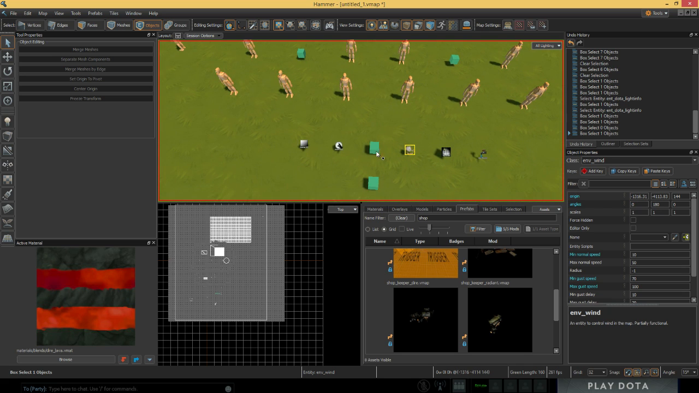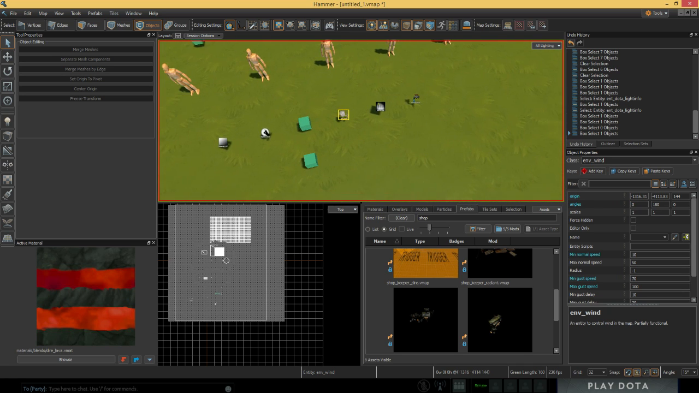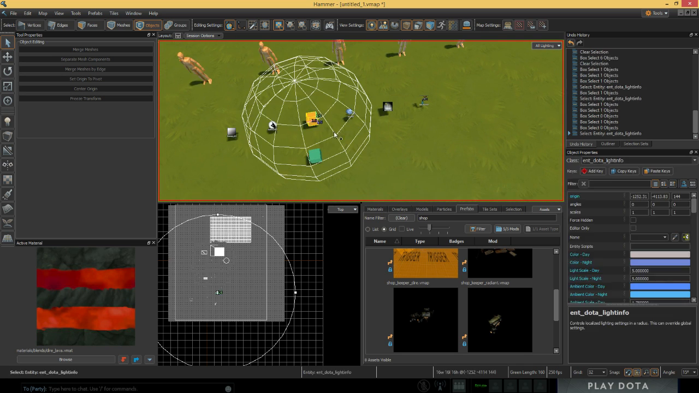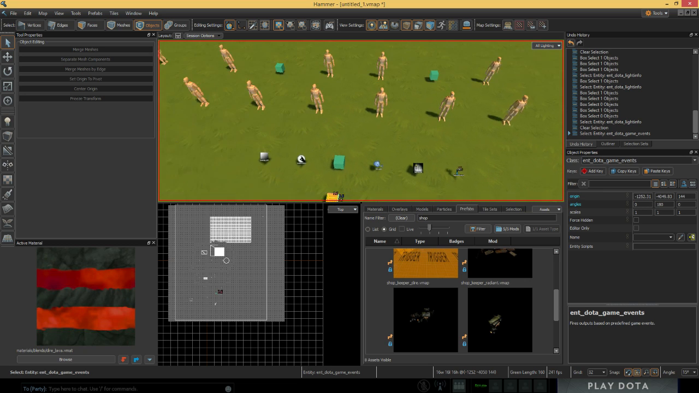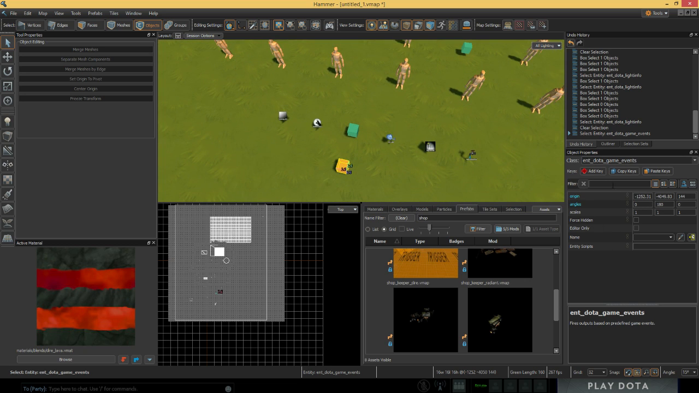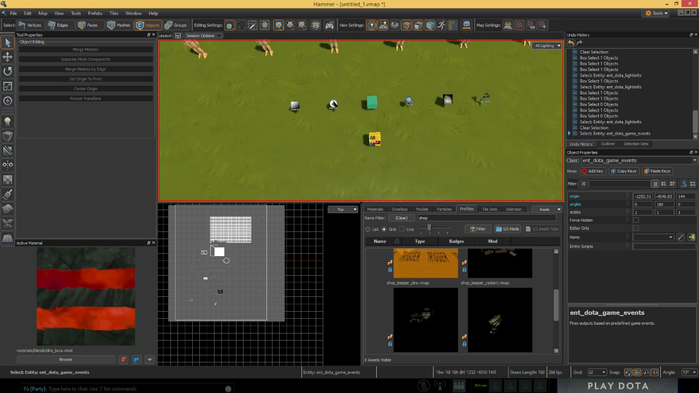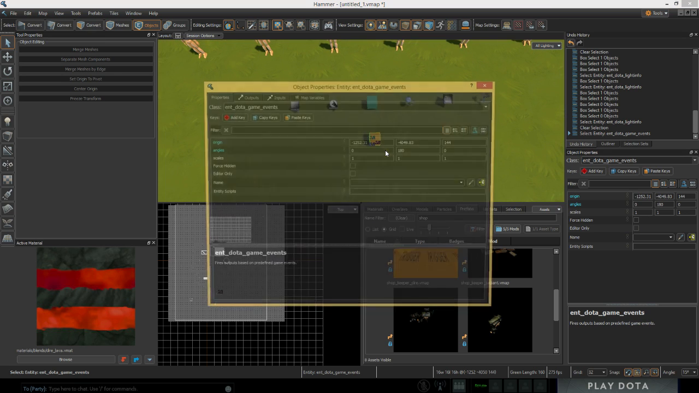I don't know that for a fact though, so don't quote me on it. But you can mess with this if you need that sort of thing. I'll talk about light info later. Game events, I think this might even be sort of discontinued. I don't know. It's used for